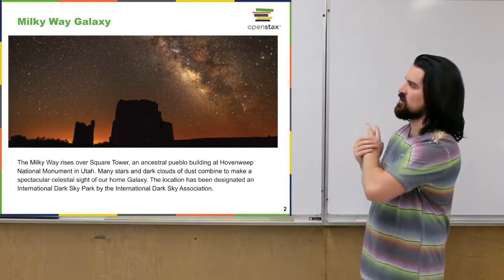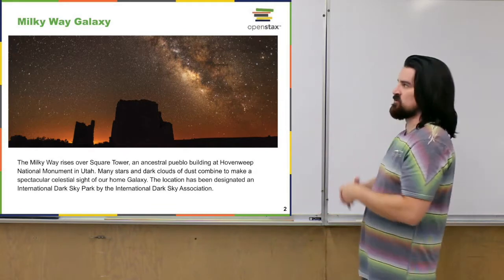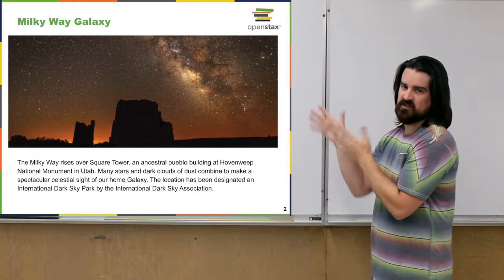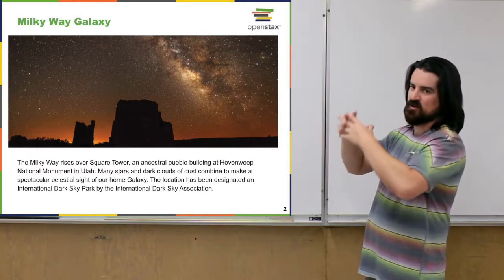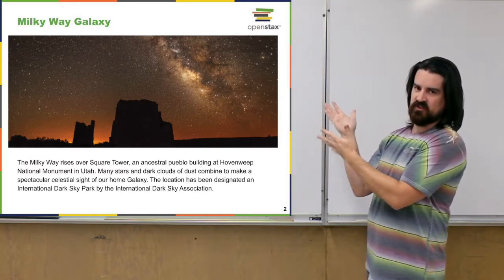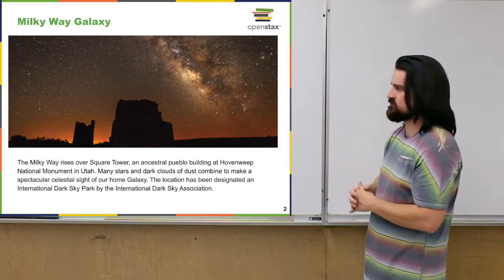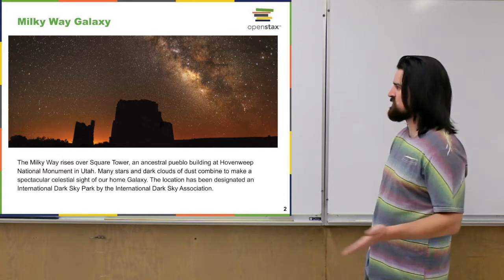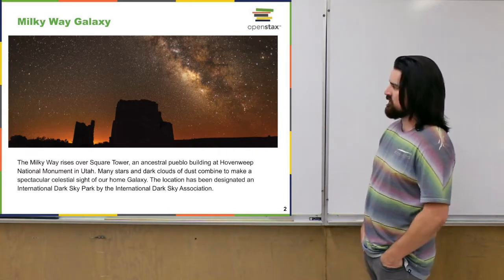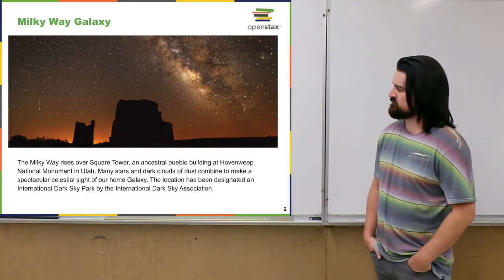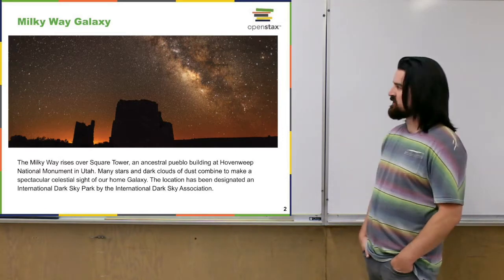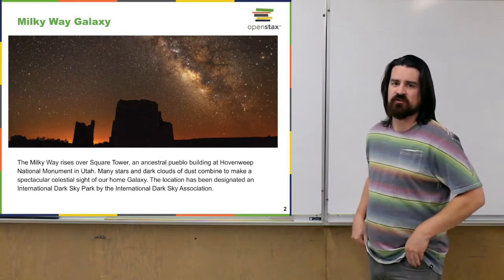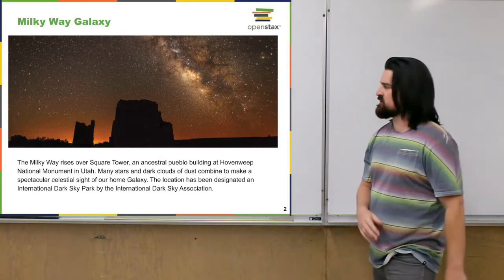So we were calling this the Milky Way, and once we found out that this was just one view looking out into our galaxy, we named our whole galaxy after the same thing we call this. This is part of our galaxy. The text actually has some interesting things to note about different cultures' interpretations or views on this structure in the night sky. I recommend going and reading that if you're interested. So we're in the galaxy. That's what we see when we try to look out, at least along the plane of the galaxy.